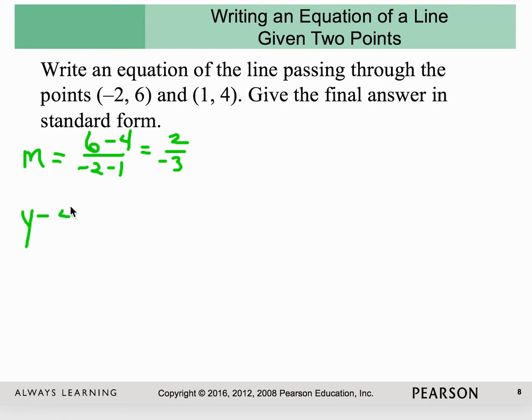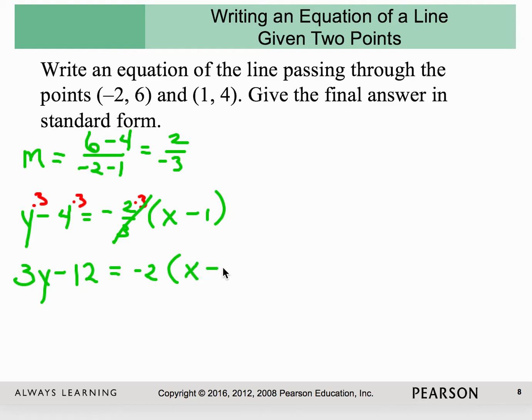Y minus the y part of the point equals m times x minus the x part of the point. Now, I'm just going to solve that for y. Get rid of fractions, not inside parentheses. So I have 3y minus 12 equals negative 2 times x minus 1. Get rid of parentheses. Distribute that negative 2. Okay, solving for y. I want it y equals,